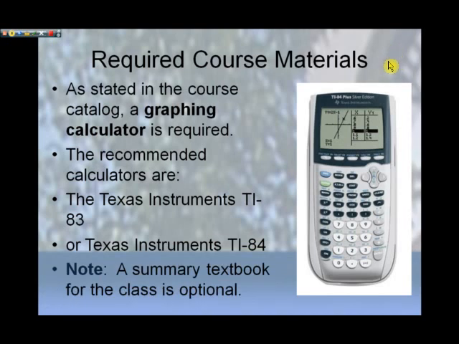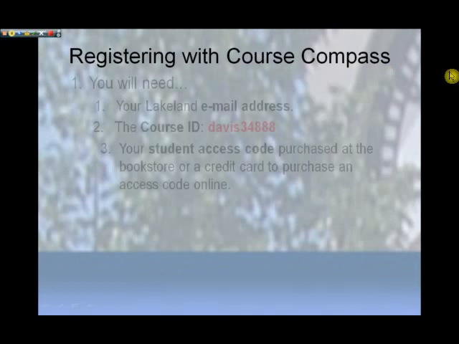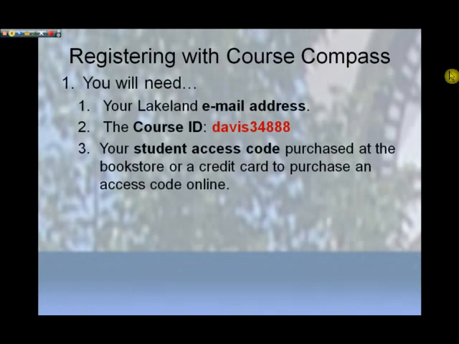And I mentioned before that the textbook for the class is really optional. If you'd like to have one, that's okay, but it's not required. So you need an access code and a graphing calculator. Now, once you get your access code, you'll want to go to the Course Compass site,